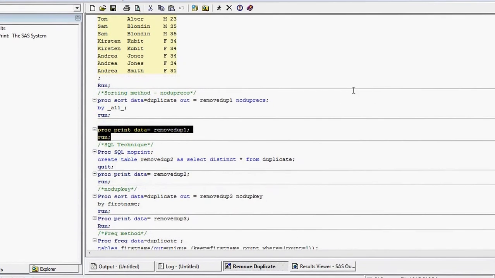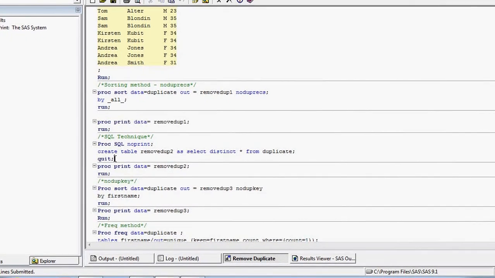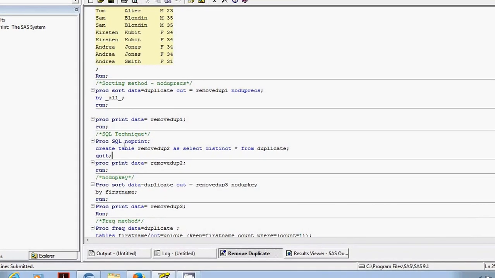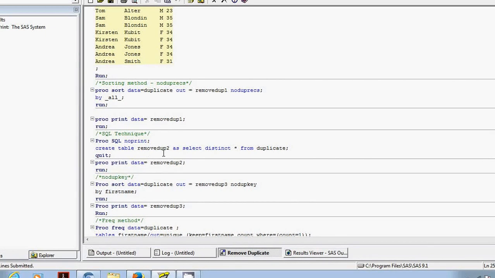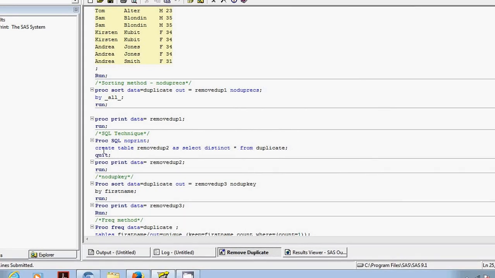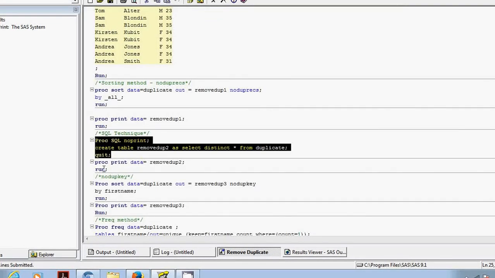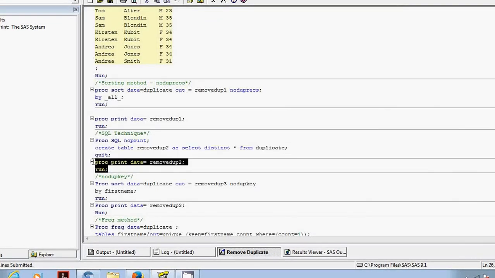Okay, so now I'll go to the second technique, which is the SQL statement. In the SQL statement, I will create a table remove 2, and then I would write this statement: select distinct star from duplicate; quit. Star means it's going to take all the variables. I'm going to run this.